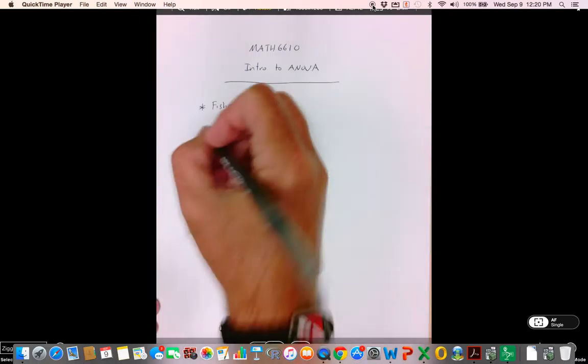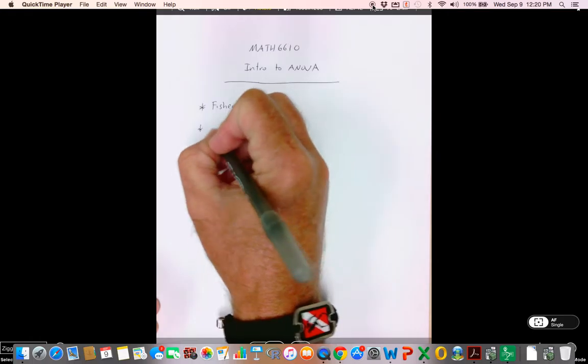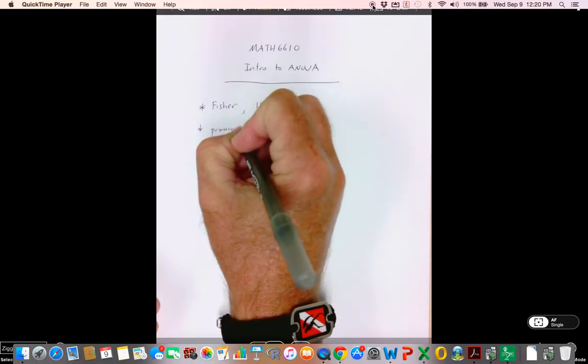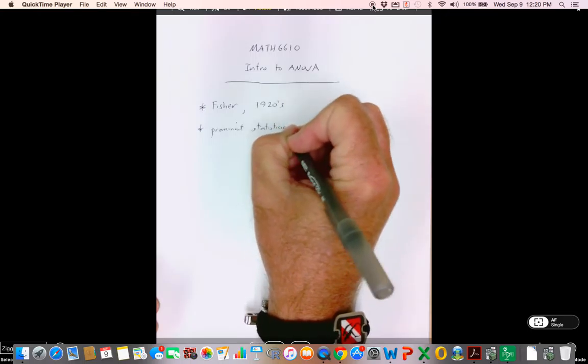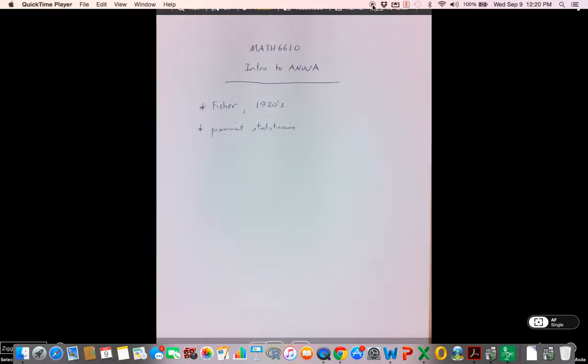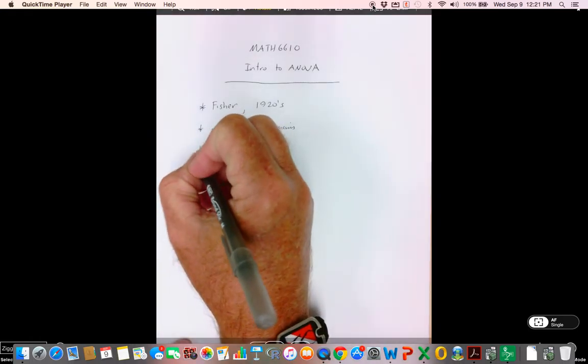When we talk about the prominent statisticians, I don't think anybody's list would not include Fisher. When I think of the prominent statisticians, I think of Pearson and Friedman and John Tukey, but Fisher's clearly going to be on everyone's list. But anyway, guys, to get the ball rolling on ANOVA,